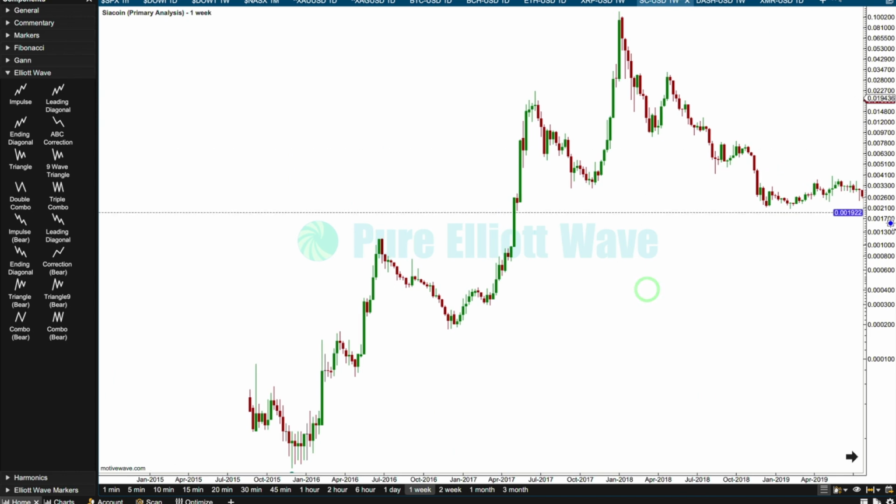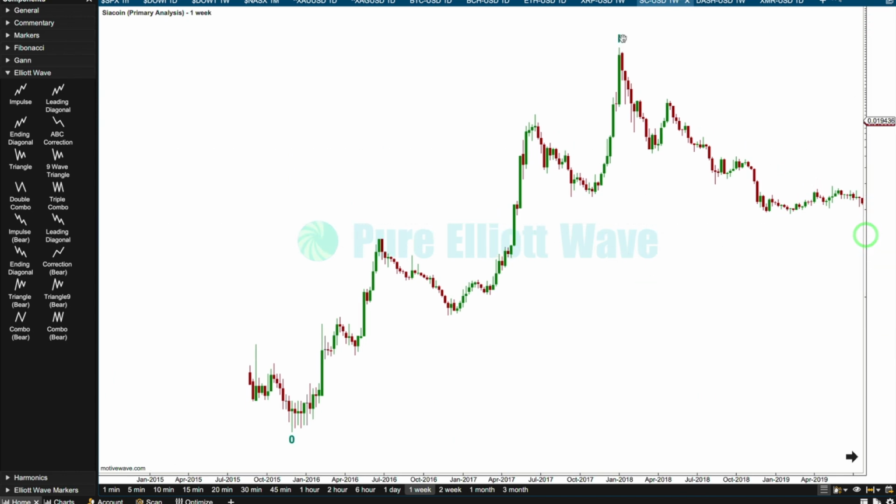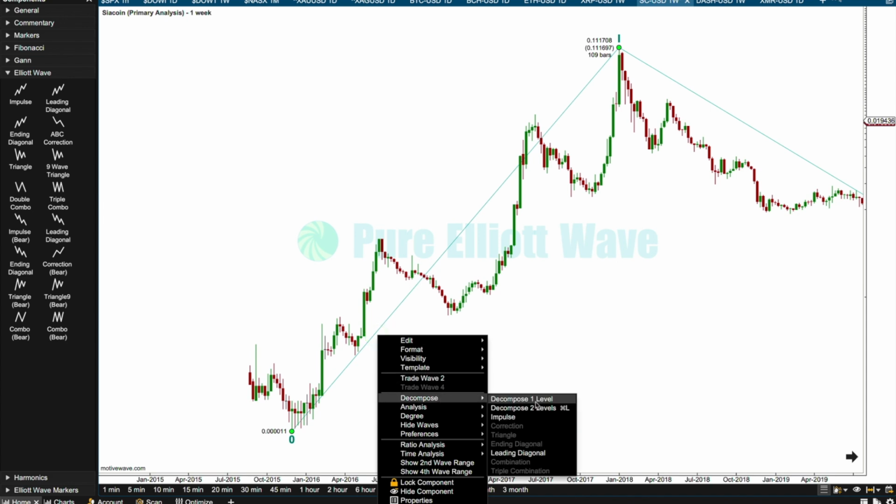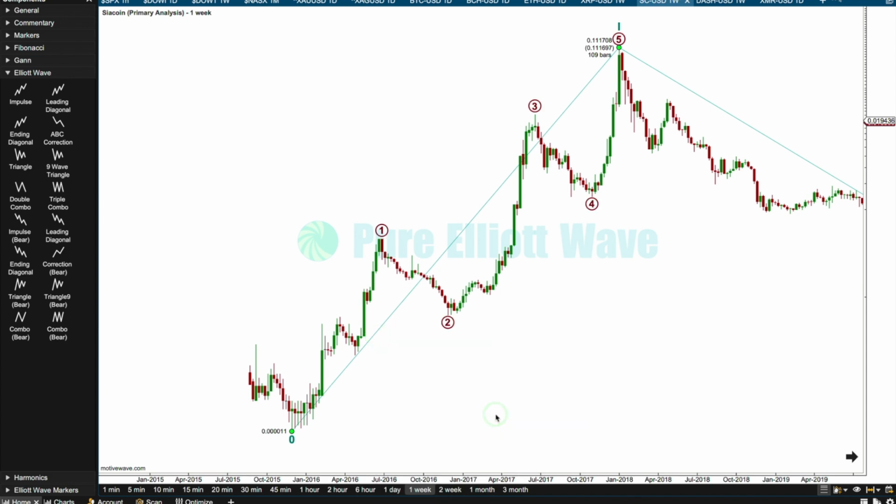Well, let's have a look and see if cycle wave 1 subdivides as an impulse. So I'm starting my wave count down here, so not at the very start. I'm starting it down here. And this does look like a really good impulse. Let's put some labels on that. Yep, that's how I'd label that. 3 is longer than 1. 5 is longer than 3. This looks like